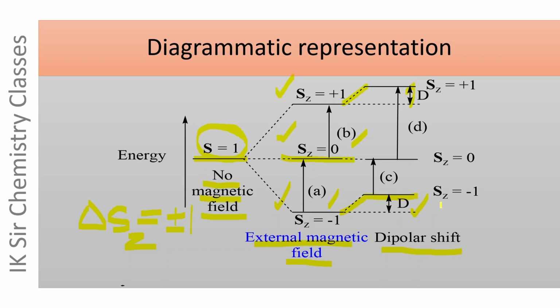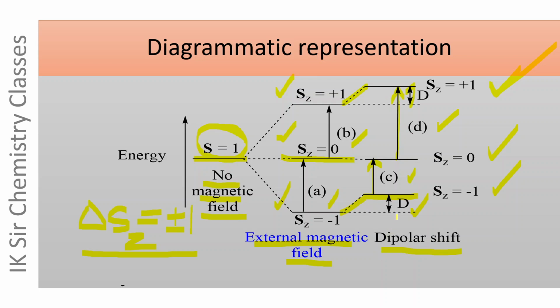Now the transitions among these three energy levels, Sz equals to -1, Sz equals to 0 and Sz equals to +1, involving delta Sz equals to ±1, are represented by C and D. Now it is evident that the transition C requires lower amount of energy, while the transition D requires higher amount of energy, and hence